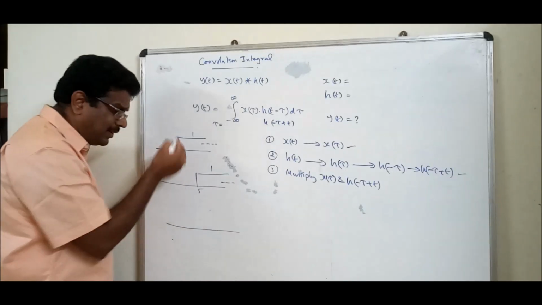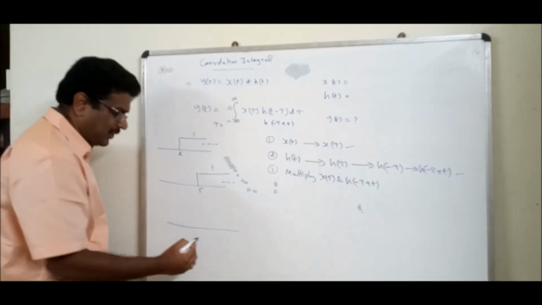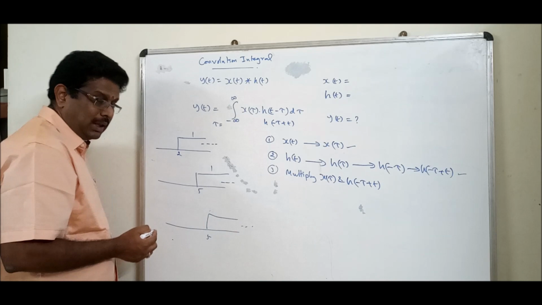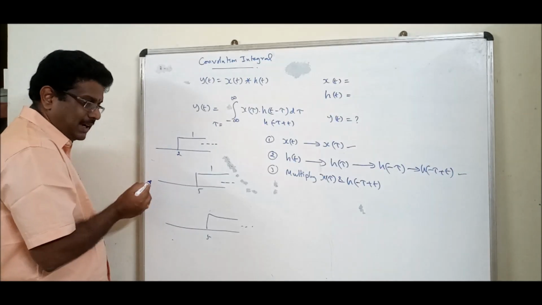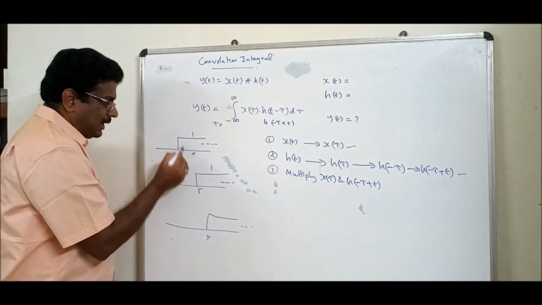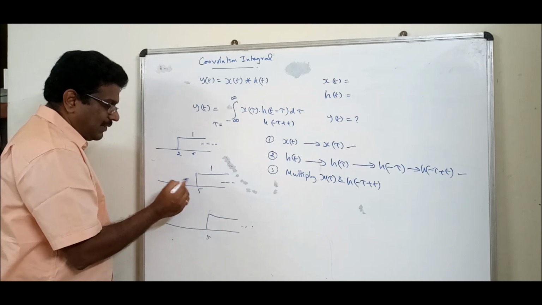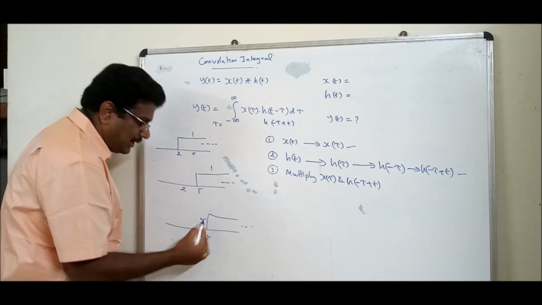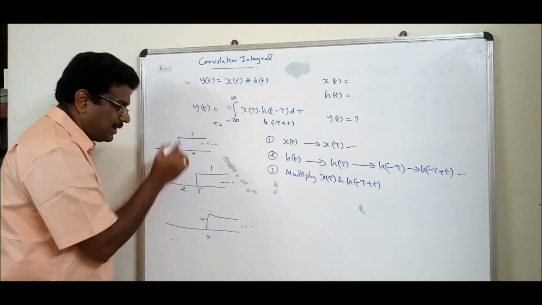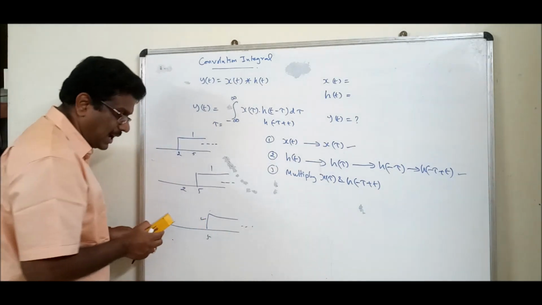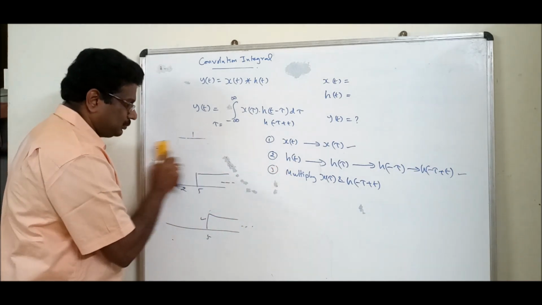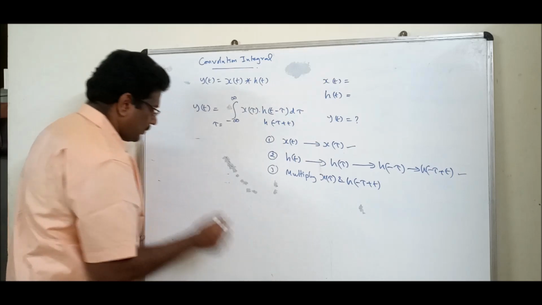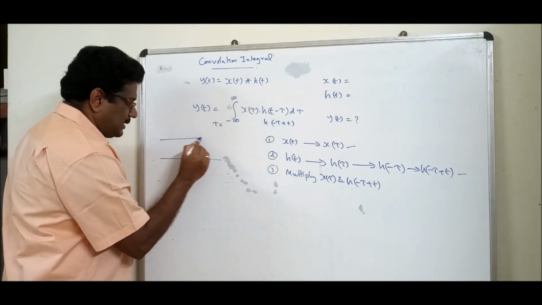The result will be everywhere? No, it is from where to where? It is from 5 to infinity. Why? Because this side is 0, this side is 0. From 2 to 5, here value is 1, and here value is 0. So if you multiply, answer is 0. Where will you get the result? The result is where you have the common place. Where is the common place? 5 above. Now I will give one more analysis. Let us have a signal like this.